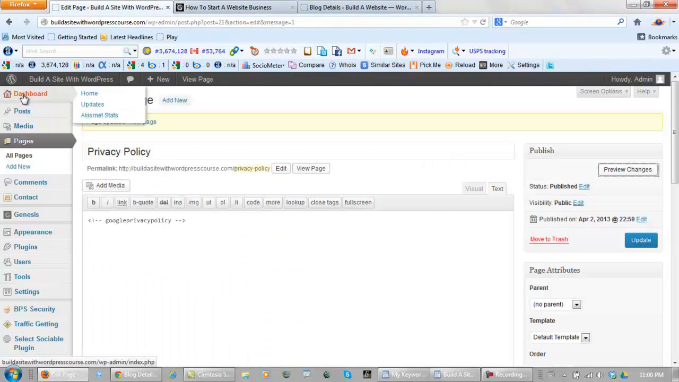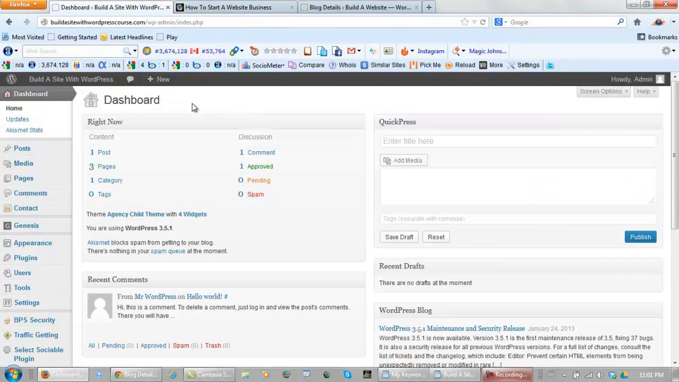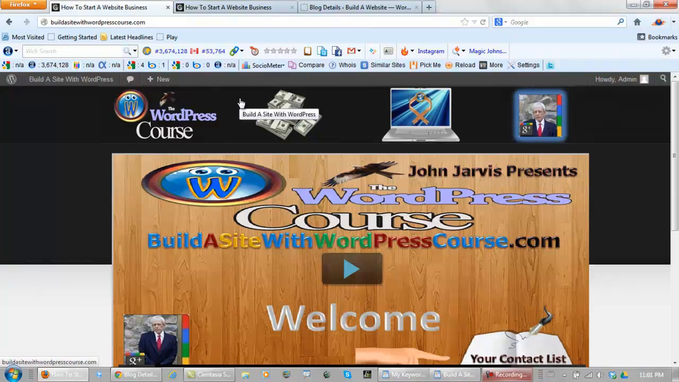Let's go back to our dashboard. And right now we have 3 pages in one post, and this post will eventually be changed and or deleted. And the only pages we have are contact, privacy policy, and one sample page which will be changed and or deleted. Let's go to our website. This website is ready